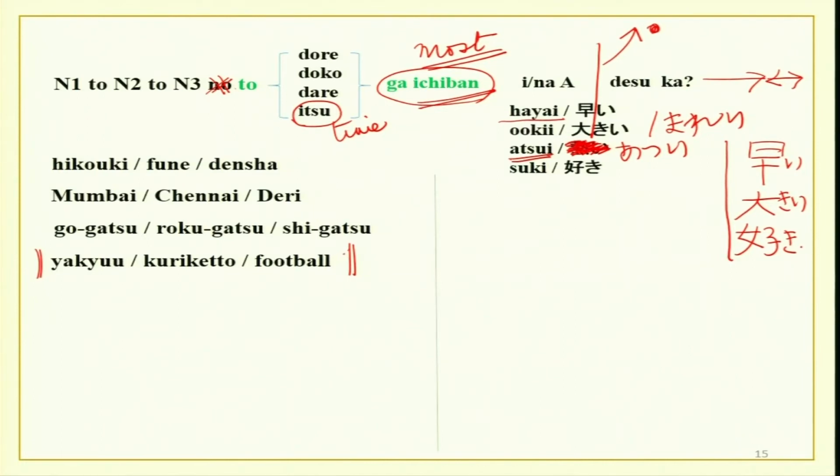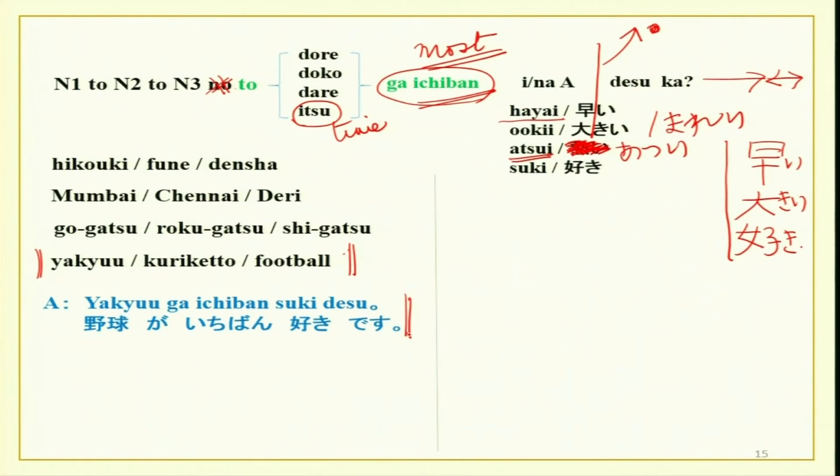Or 野球とクリケットとフットボールとどれが一番好きですか? わかりましたか、皆さん。たくさん作ってください。そして文章を作って友達に聞いてください。質問してください。そして自分で答えてください。いいですか？たくさん文章を作って友達と一緒に練習すればすぐわかると思います。Answer could be 野球が一番好きです。or ムンバイが一番大きいです。5月が一番暑いです。インドは5月と6月が一番暑いです。Now, we have dore, doko, dono